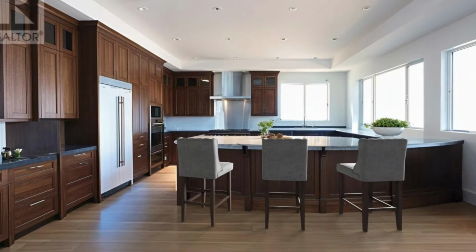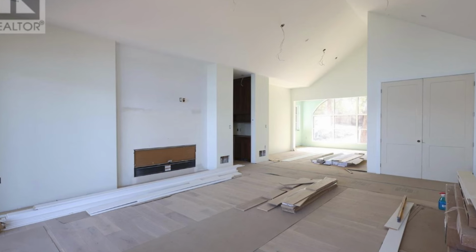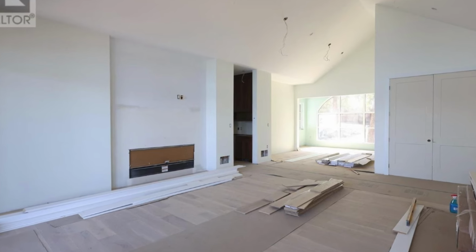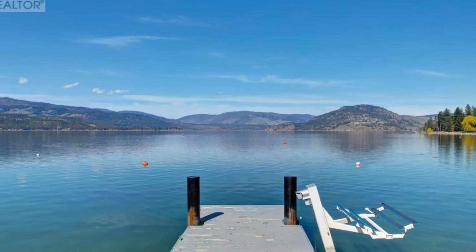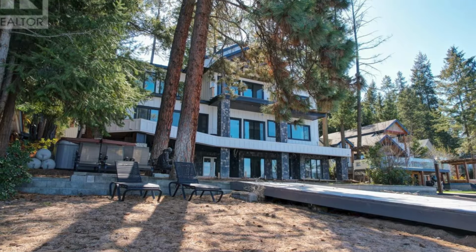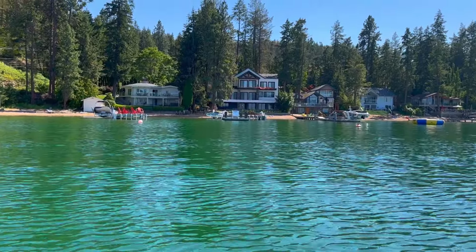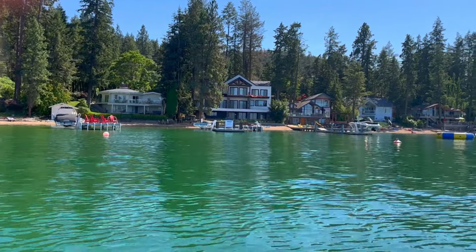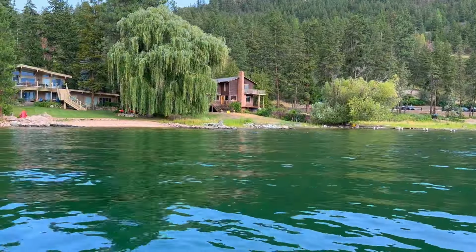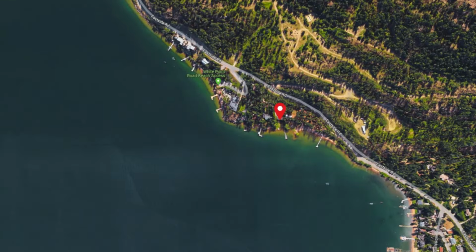You can pick your countertops, etc. The walls are primed, so awaiting your colors. And also, as you can see, a dock complete with a boat lift. And then the landscape is ready for you to give your ideas as well. So that's 9701 Delcliffe Road, nearing completion, $4.999 million. Just past Delcliffe, we find 9653 White Point Road, and we have 2 for sale on White Point